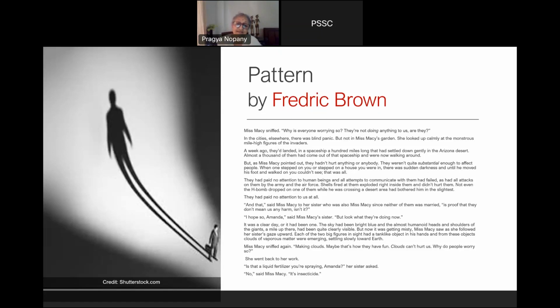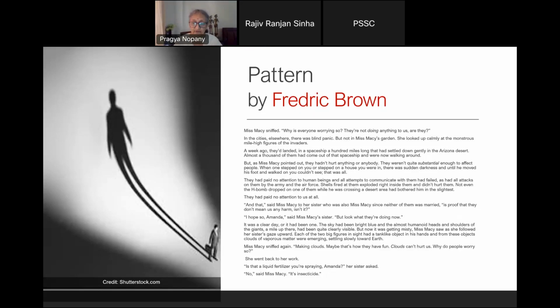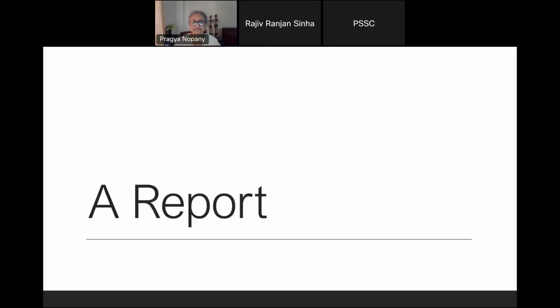And so innocently, the two sisters are thinking that those aliens are good, they are not harmful to us. And imagine that is the kind of trust the insects might be placing on humans, that humans are good to us, they will not do anything harmful to us. And in that innocence and in that trust, they're getting killed by the humans. So, this is how we are bringing situations in front of them and then allowing them to take up thinking from here onwards.